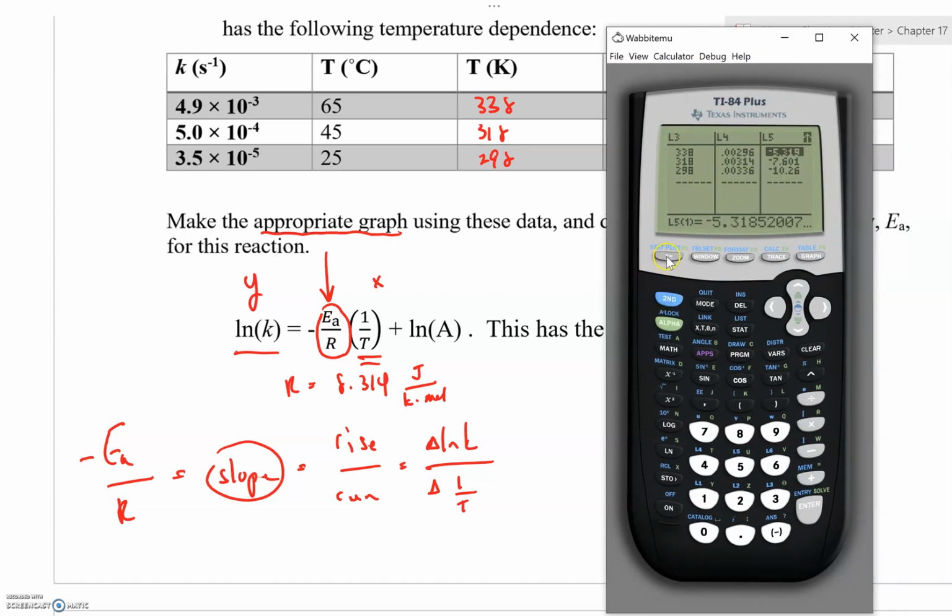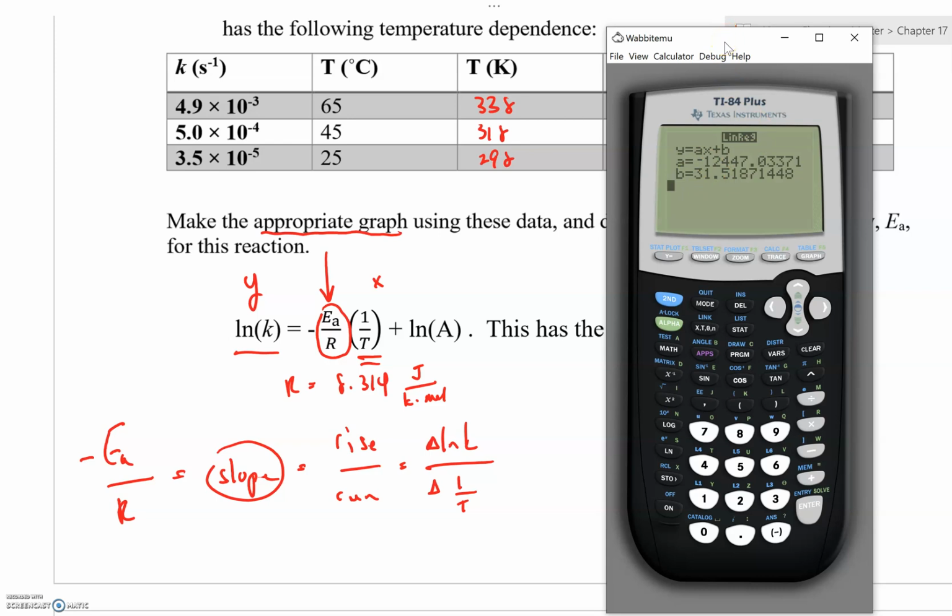You could go here, and I already have this set up to graph L4 versus L5, L4 being inverse of temperature in kelvins versus L5, which is the natural log of the rate constant k. But that's not necessary either, because all we want is the slope. So we're going to instruct our calculator to take the linear regression of L4 on the x and L5 on the y. When we calculate this, this gives us the slope, negative